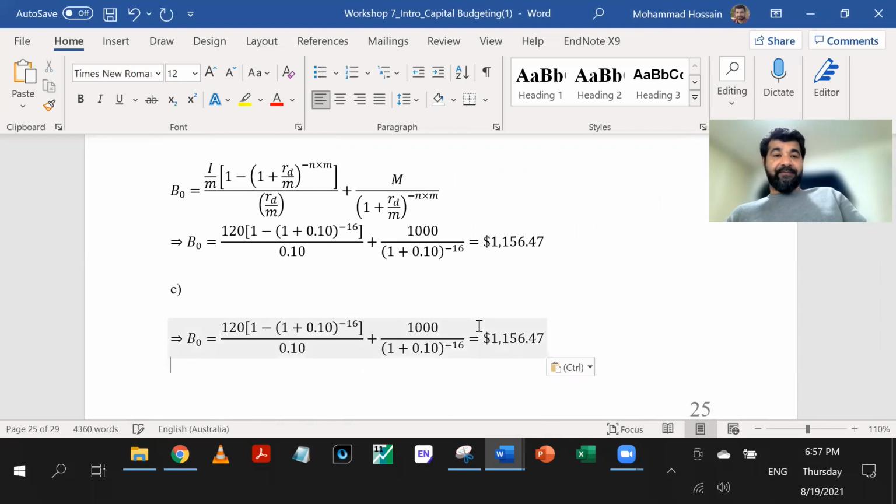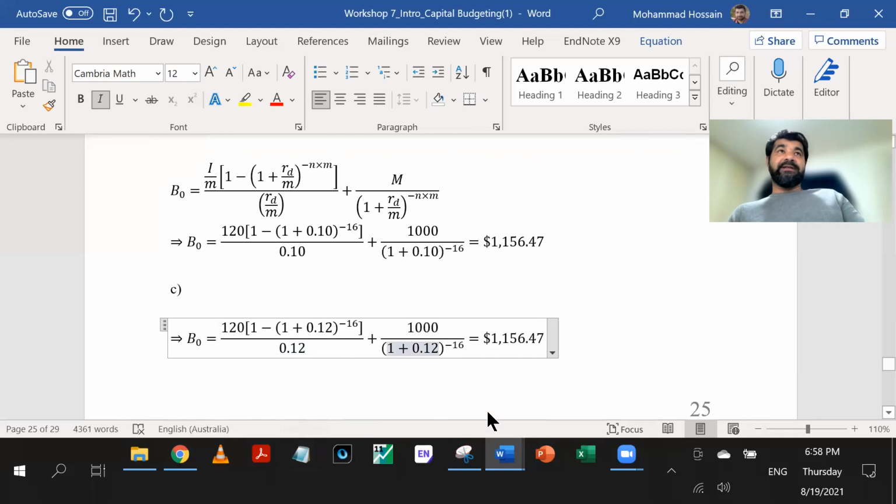It's not 10 anymore, it's 12. Nothing else in there, all remains the same. The answer will be equal to 1,000. So now it's saying here: